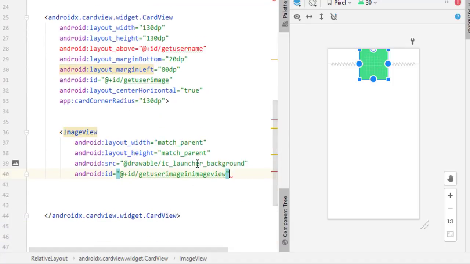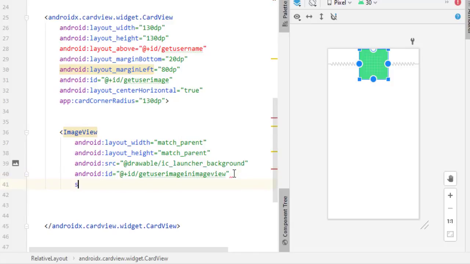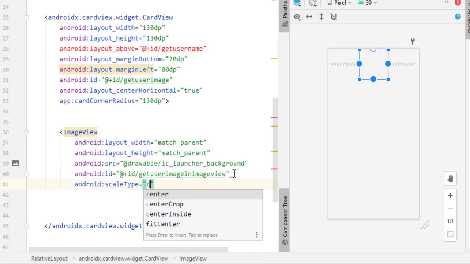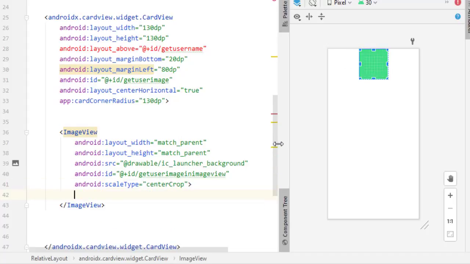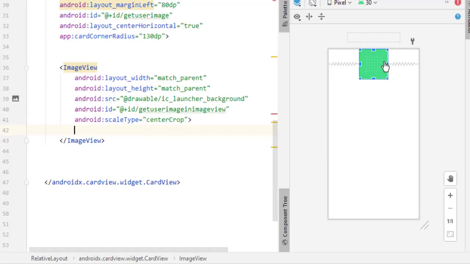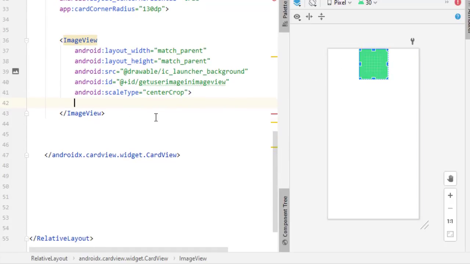You can give a different ID name, but try to give an ID name that corresponds to it. So this is the image view, and I want to show the image inside this, so I simply type here get user image inside in image view. Hope you understand. And now you have to type here scale type center crop, so it will crop the image and perfectly place the image into the center. Now maybe you see it is square here, but on runtime you will see it is circular, so don't worry.